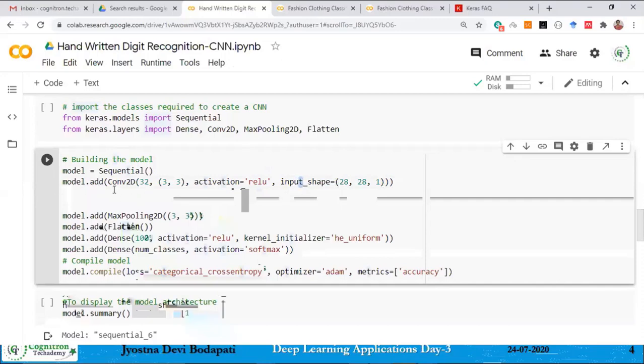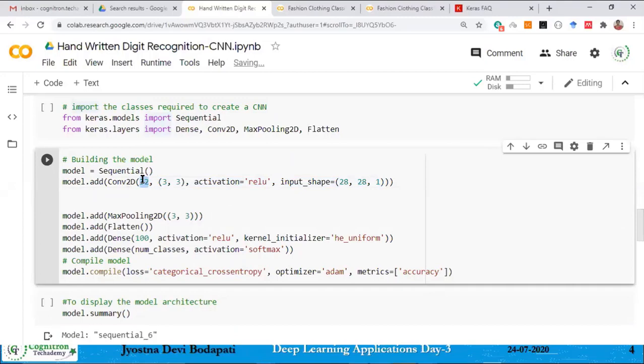Basically you are going to add a convolution layer to your model. That's what you are doing in this single line. This convolution 2D layer, this class, expects different arguments. The first argument is the number of feature maps. The second argument is the size of the kernel, or the size of the convolution operator. That decides how many parameters your model takes. Remember that. Then the activation function: which kind of activation function you are going to apply on your convolution operation. I told you, right?